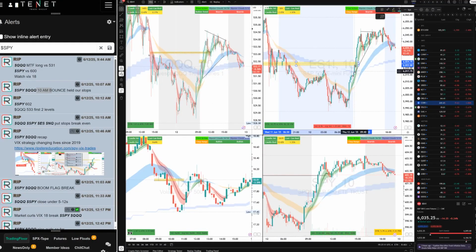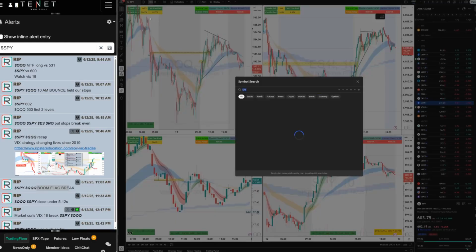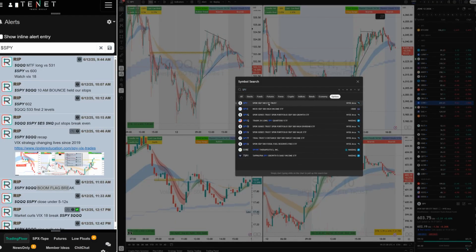So what does MTF mean? This one is the 1 hour MTF, 1 hour MTF Ripster Clouds. It's telling us that the 1 hour is turning bullish. So that's why we hold it, right? So from that point, QQQ pushed all the way to 534. We had a flag break, and ES futures also ran from 6010 all the way to 6045, 30 points there. SPY ran from 600 to 603. Like I said, small range, right? But that doesn't mean you couldn't profit off that.